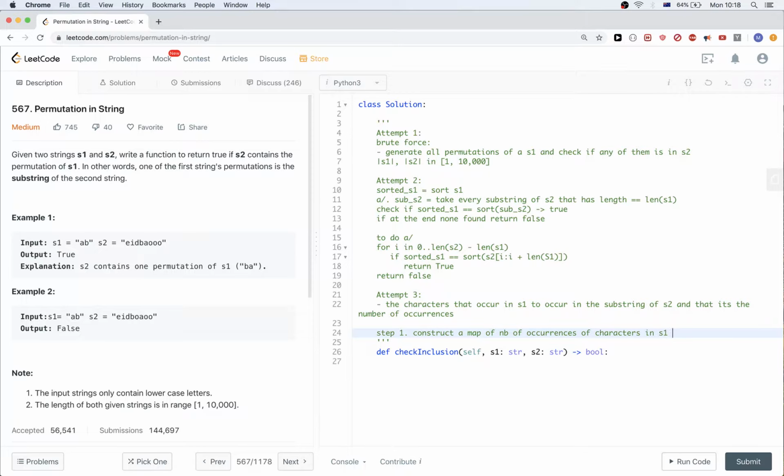So that's the first step. So let's call this one S1 map. Then the second step would be to go through S2 trying to find a match. But before that, let's construct S2 map that initializes to the number of occurrences